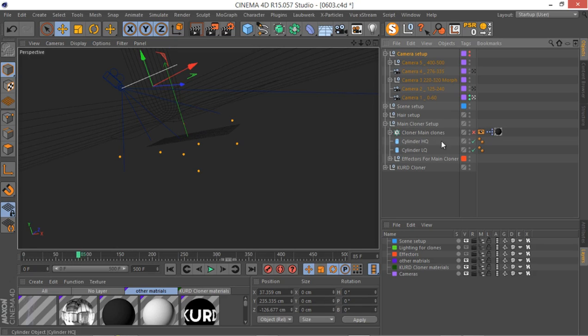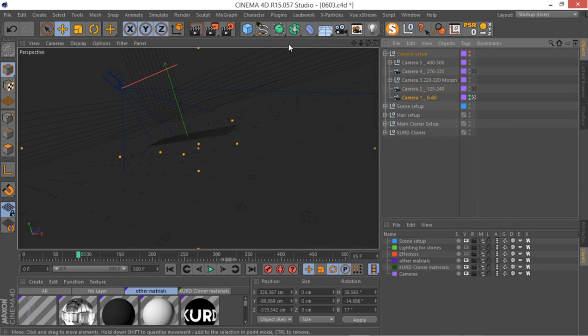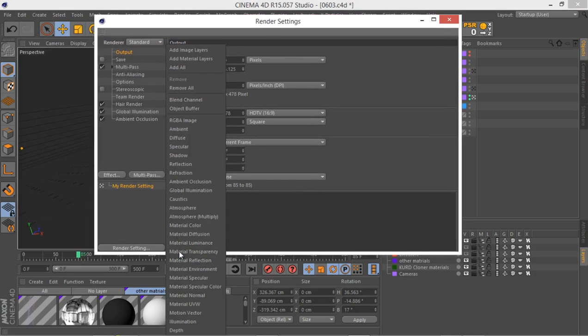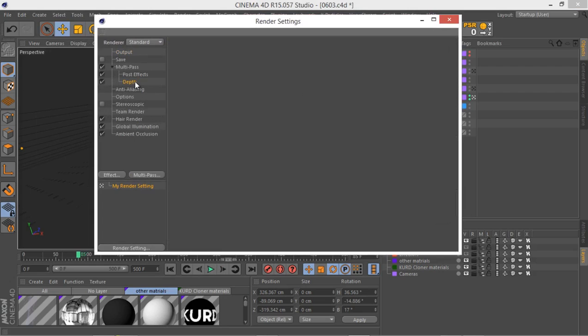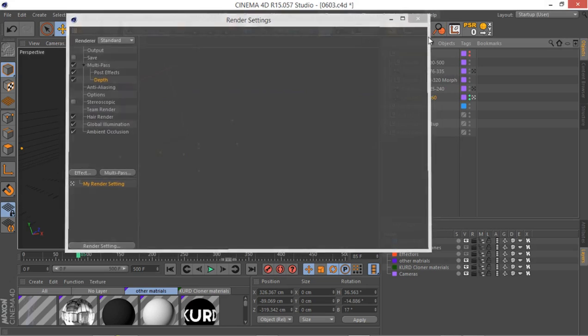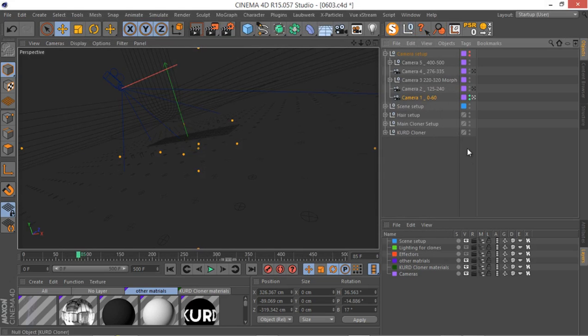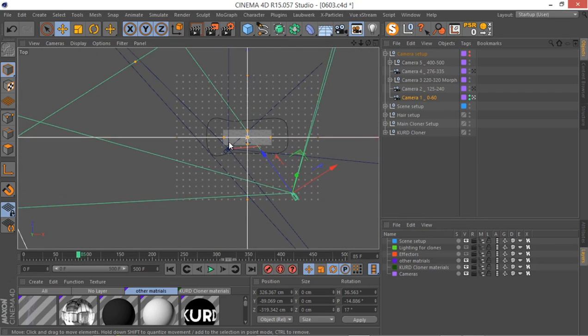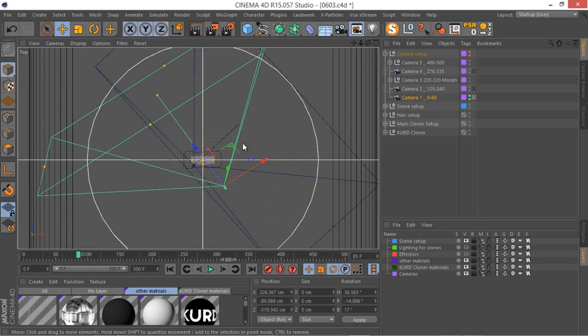And we do need our main cloner, and that is not too bad. Now let's go to this camera. First thing, let's go to our render setting, and in your multipass you have this depth. So let's make sure it's here. You have your depth, and now you can basically go to the cameras here, and let's go to top view